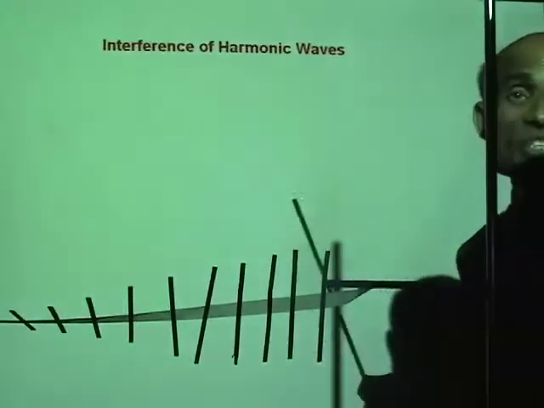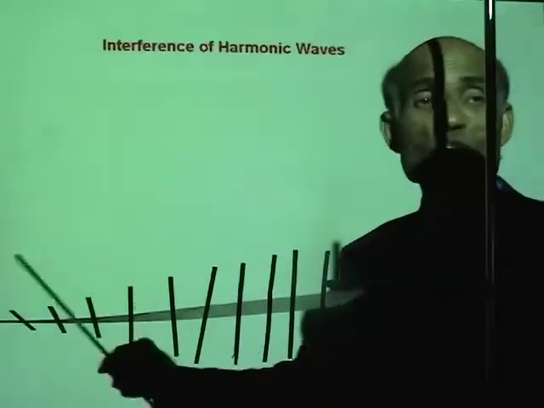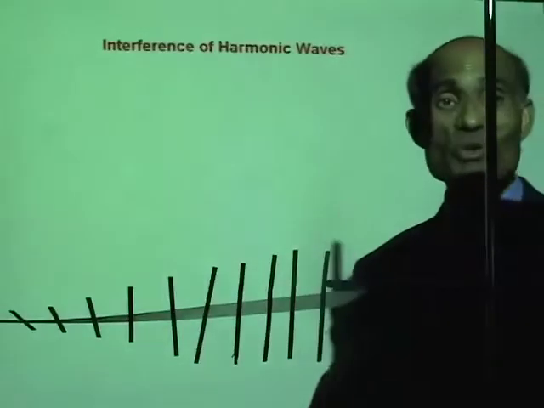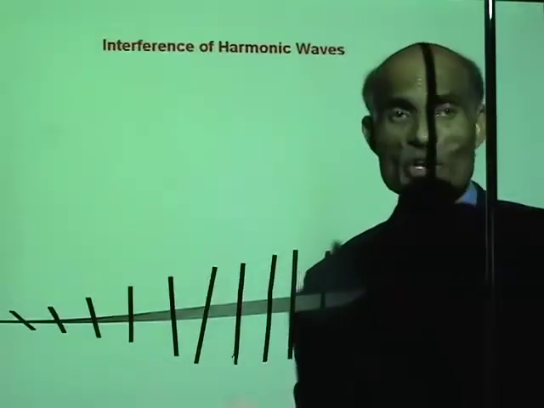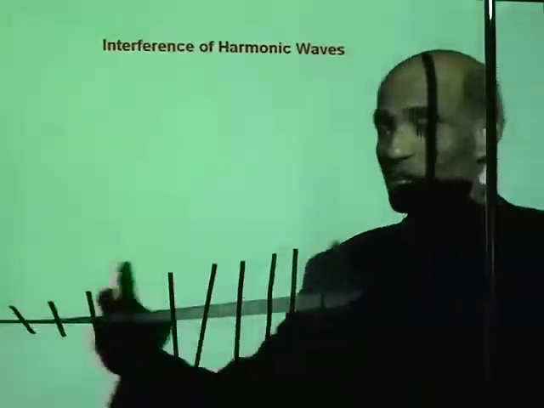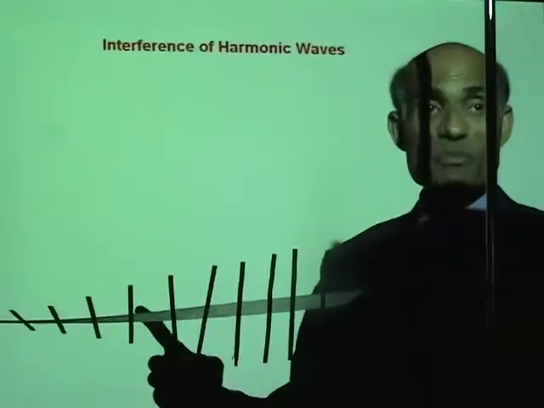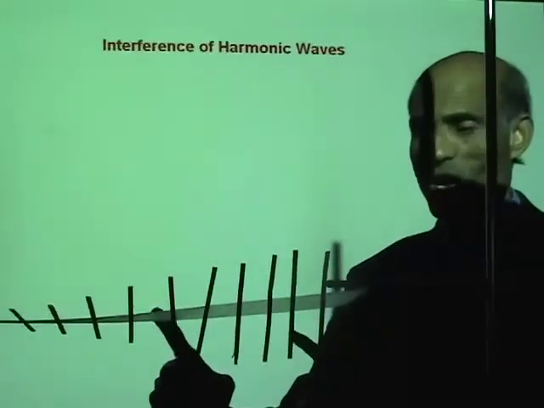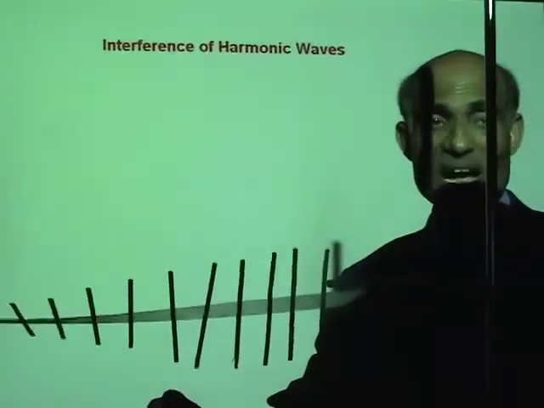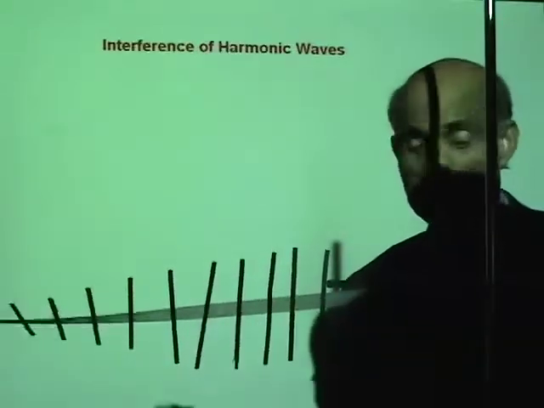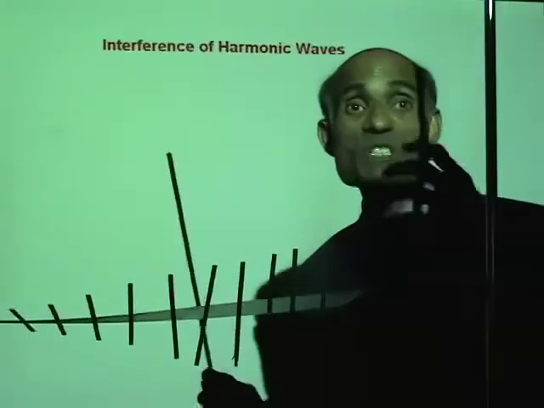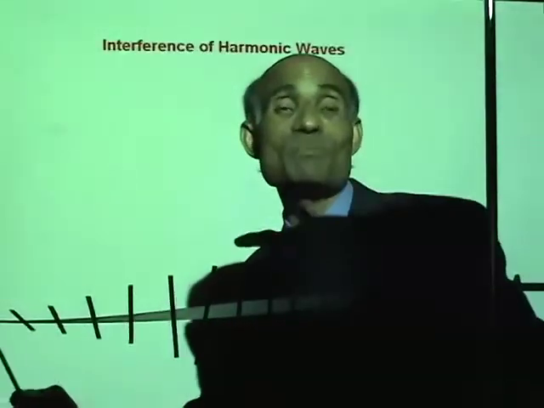Now let's look at the contraption that I made some time ago using the straws. Now suppose I produce two disturbances. If I produce just one disturbance, you can see how the energy advances. If I produce two disturbances, now watch, 1, 2. Now look at the vibration of each particle. That means each of these is now subjected to displacements from both disturbances.